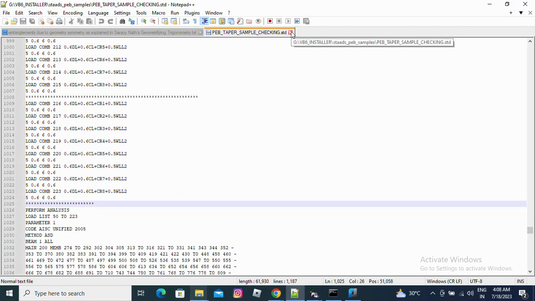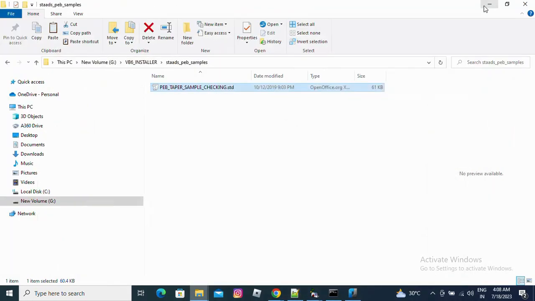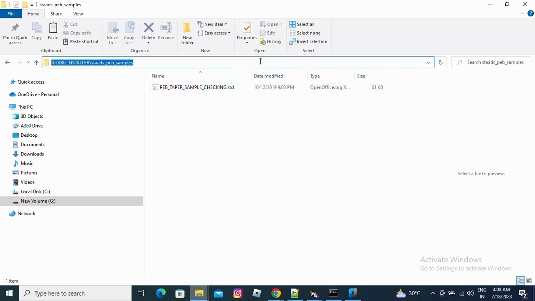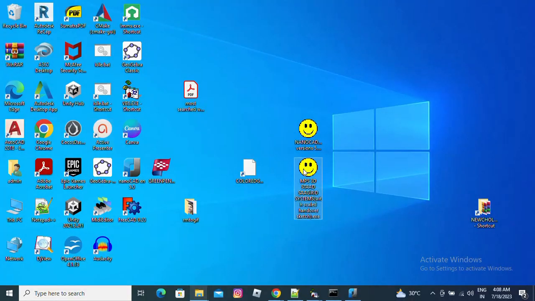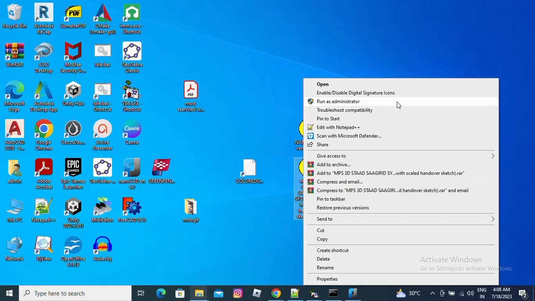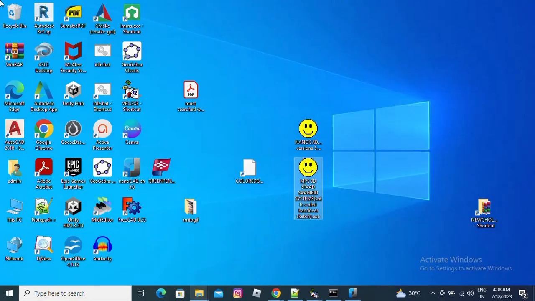Let's show how our software simply reads this file. In this folder you have seen that there is no other file present here. Now we will run our tool here to show you the demonstration. It is actually a part of